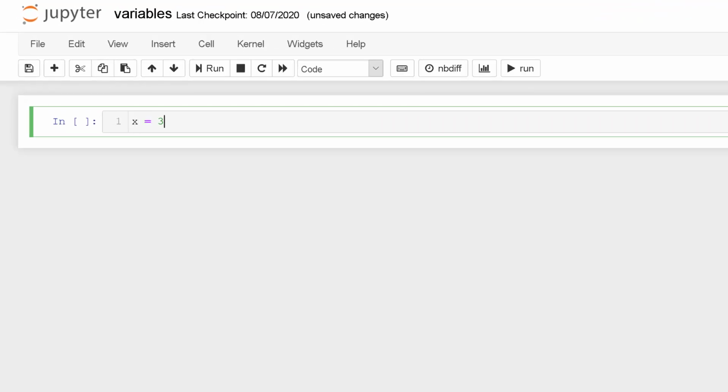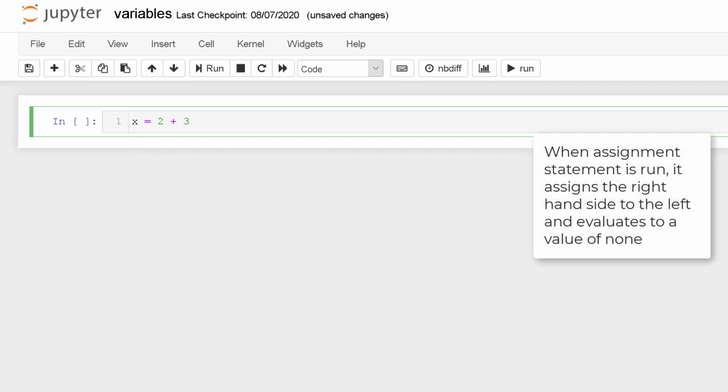Here is an example assignment statement that is creating the variable named x and then assigning the value 3 to x. When an assignment statement is evaluated, it binds or assigns the value on the right-hand side to the variable on the left-hand side. If the expression on the right-hand side is more complex, for example, 2 plus 3, or something even more complex perhaps, it is first evaluated until it's a value and then assigned or bound to the variable on the left-hand side.